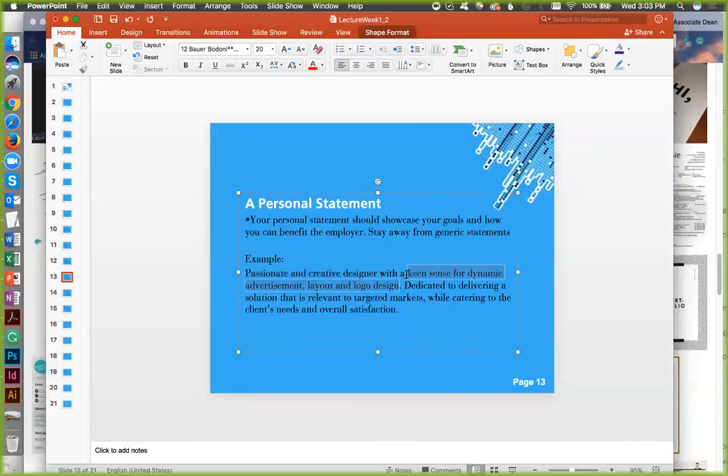This talks about what I can do for them, the types of technical skills I can do. Then this whole sentence right here talks about what I bring to the table. I am dedicated to delivering solutions that are relevant to the target market while catering to clients' needs and overall satisfaction. Okay?